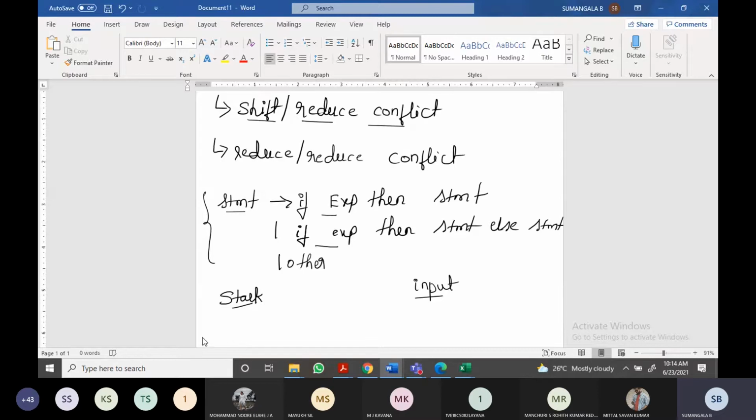Now consider the top of the stack. In one step, you assume, with no need to write all the shift reduce actions you have seen in the problem, that the top of the stack is if expression then statement. That means this entire thing is on the top of the stack. The remaining input string to be parsed is else statement and the dollar symbol.